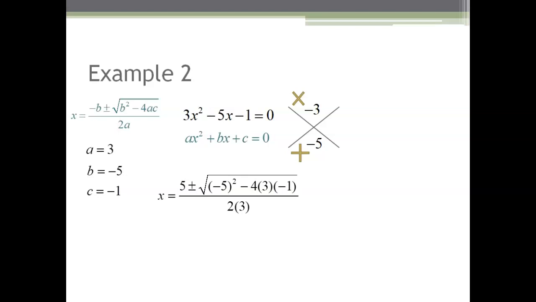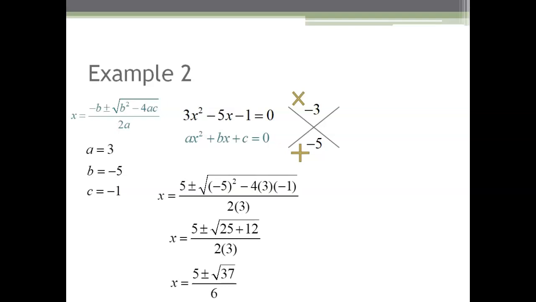All right, now let's go ahead and simplify. Under the square root, we have negative 5 squared, which once you square it becomes positive 25. And then negative 4 times 3 times negative 1, that's going to give us a positive 12. So we have 25 plus 12 under the square root. We can add that together, and that gives us 5 plus or minus the square root of 37